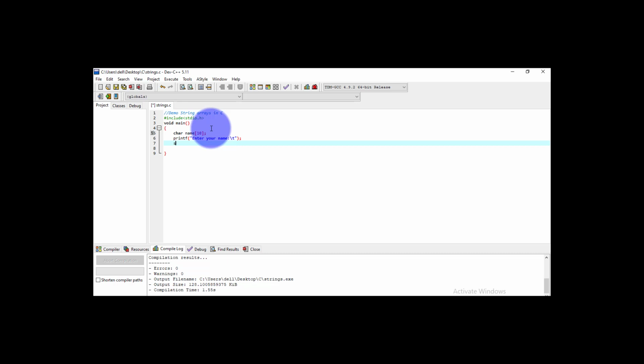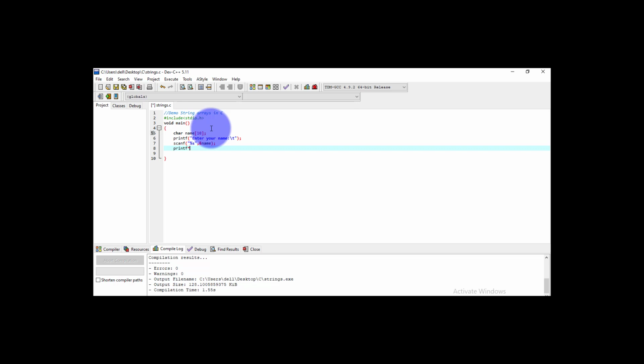Now here I am going to use the scanf function. First we have to specify the format in which we want to read. So it's %s as it is a string. Then here we have to use the address operator, and then we have to give the name of the variable in which we want to read. Then put the semicolon here. Now after that display the value of this.